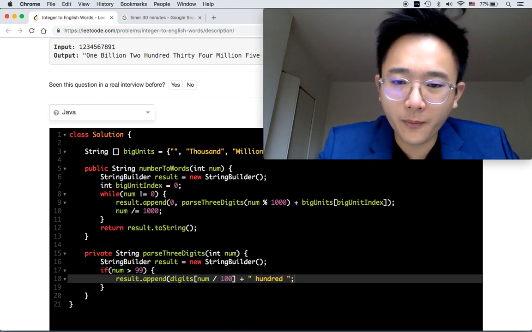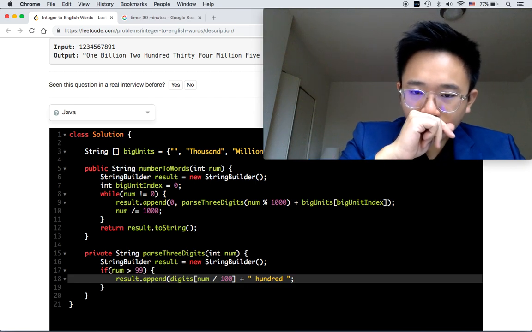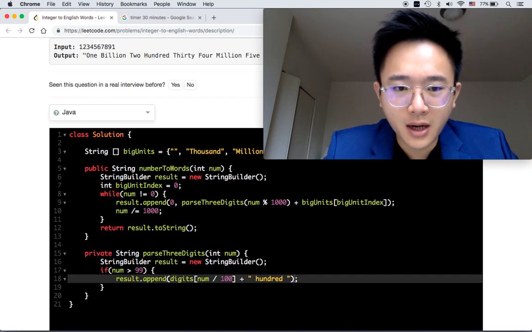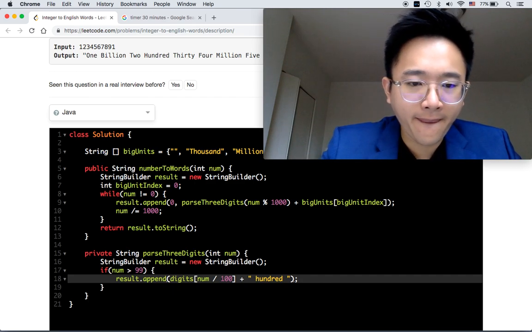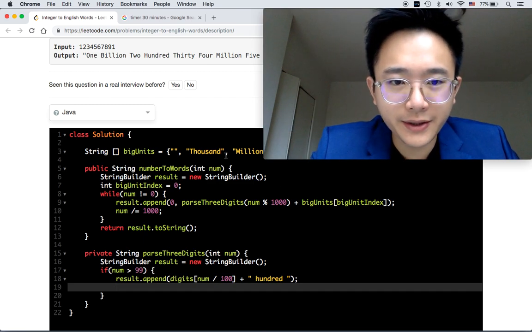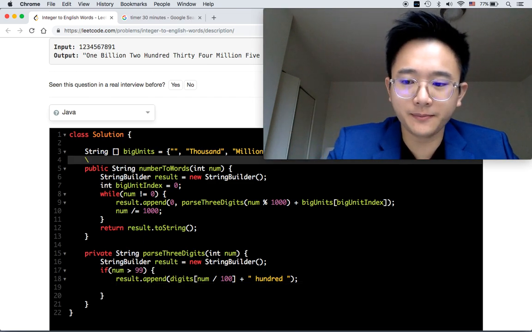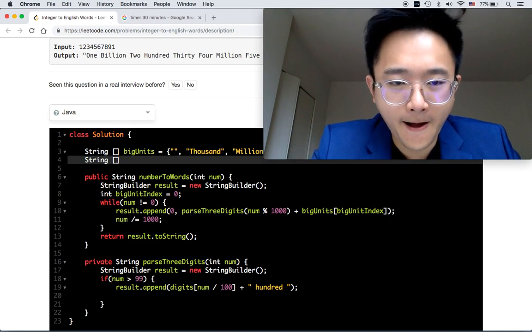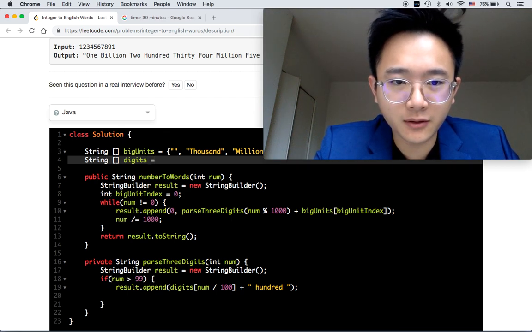Okay, and then close braces. And then what we need to do now is to create this array. So we have digits, and then we have